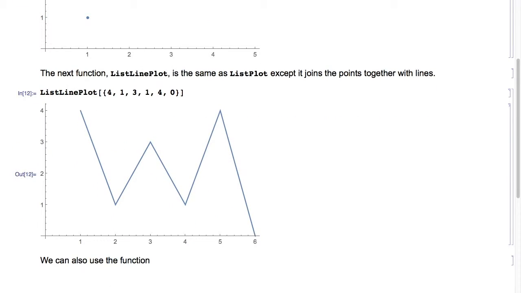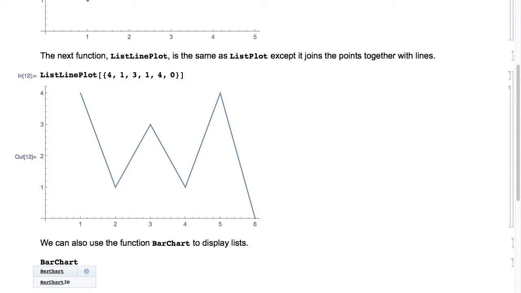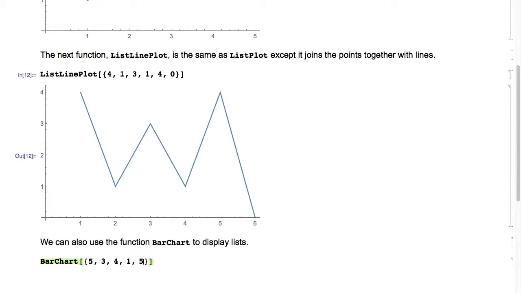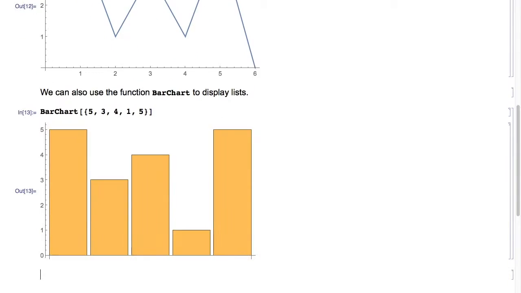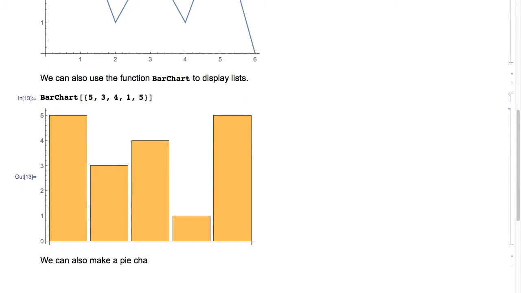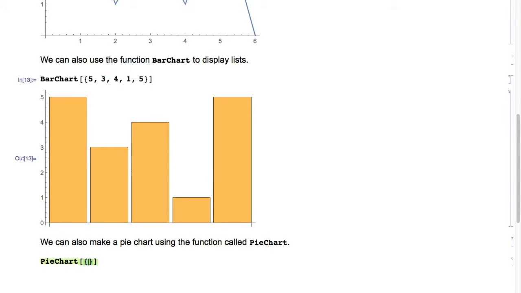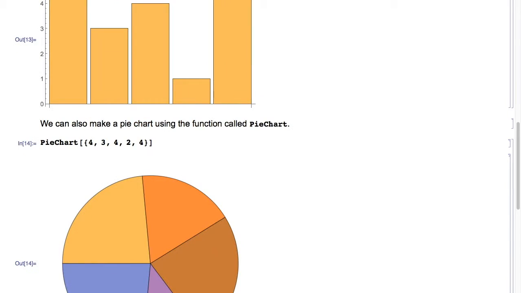We can also use the function BarChart to display lists. So here I'll do BarChart of the list 5, 3, 4, 1, 5, hit Shift Enter, and I get a bar chart. We can also make a pie chart using the function called PieChart. So here I'll do PieChart of the list 4, 3, 4, 2, 4, hit Shift Enter, and I get